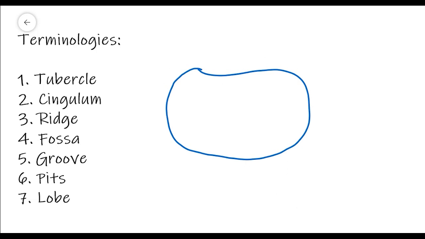Now talking about pits. Pits are basically called pinpoint depressions where they are present between developmental grooves, at a junction of developmental grooves. So for example, there is a developmental groove that is present over here. Now at this point, there is a pinpoint depression. Now this pinpoint depression is called a pit, and it can also be named according to its location. For example, in this case, this pit is present in the center, so we can call this